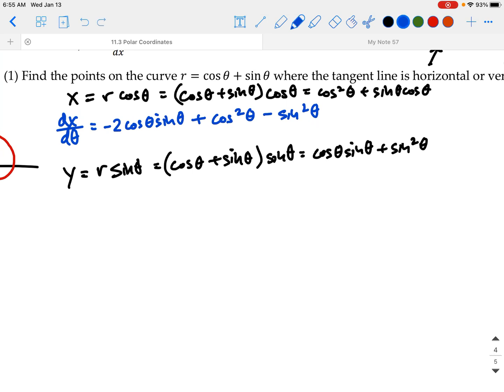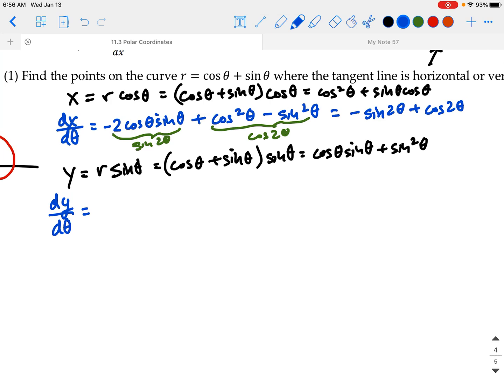So now we'll rewrite this for simplicity. So we're going to have negative sine 2 theta, since that is sine 2 theta, and then this we'll rewrite as cosine 2 theta plus cosine 2 theta. And we could reverse the terms too to make it cosine 2 theta minus sine 2 theta. And then dy d theta